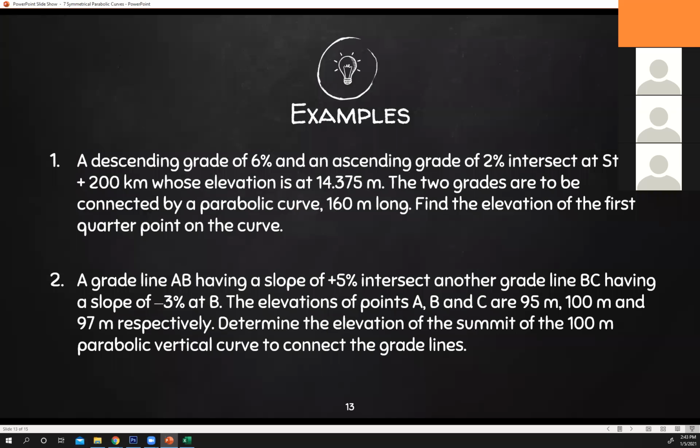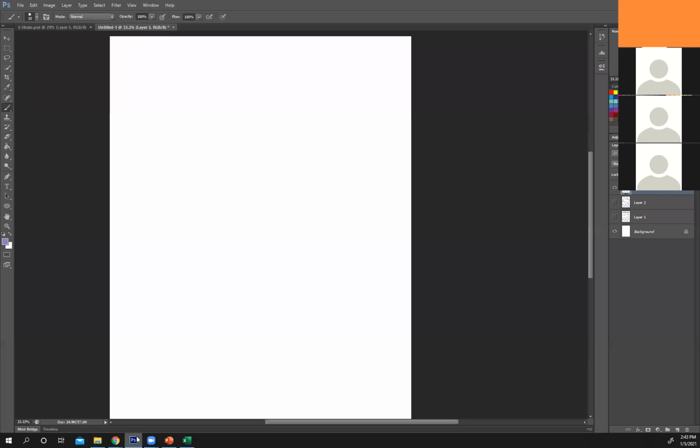A descending grade of 6% and an ascending grade of 2% intersect at section 12 plus 200 kilometers whose elevation is at 14.375. The two grades are to be connected by a parabolic curve 160 meters long. Find the elevation of the first quarter point on the curve. Okay, let's solve. So first,